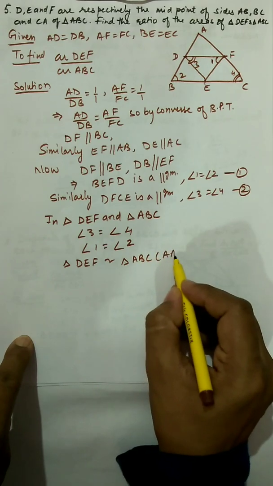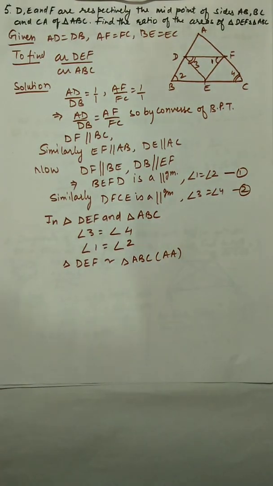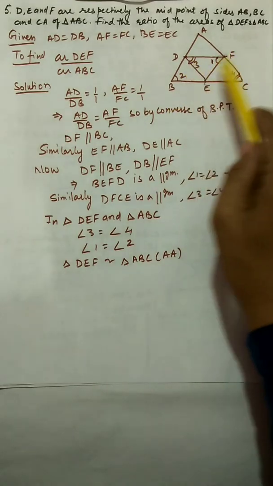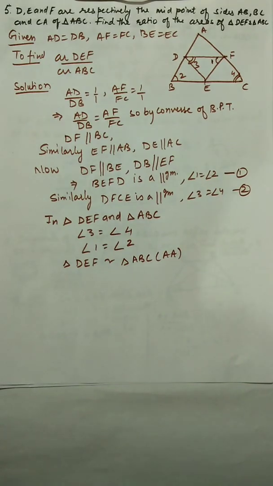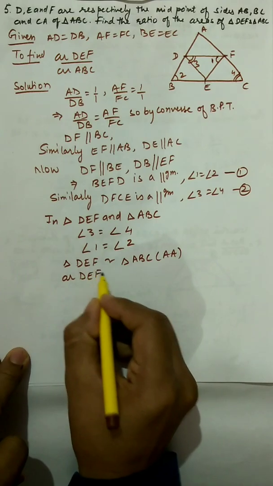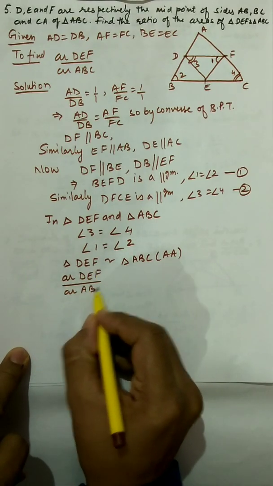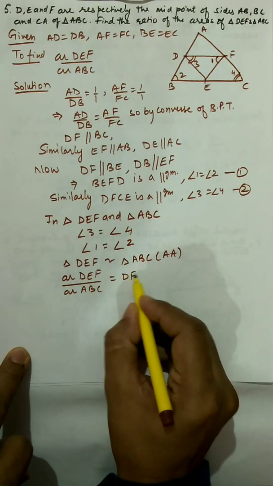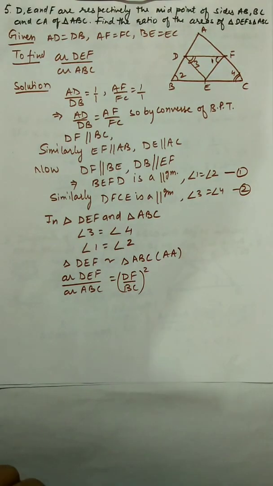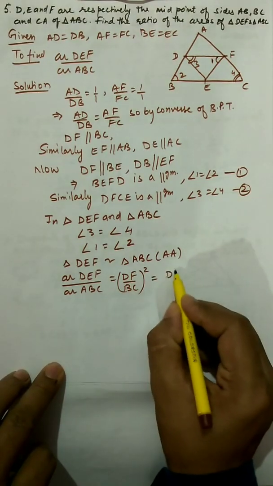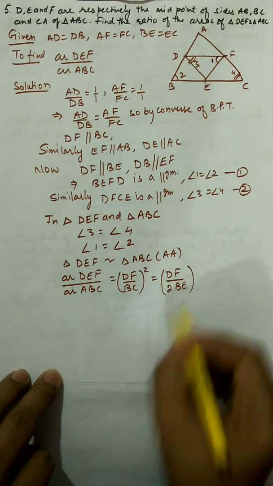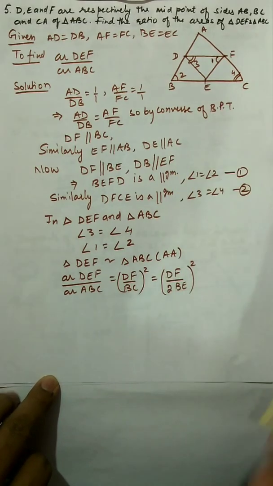ABC by this rule. And also we have done one result that DF is parallel to BE and opposite sides are also equal, so we can use that concept also. So we can write area DEF upon area ABC. We take one side of DF, and its corresponding side we take BC. So we can take this as the whole square. Now you can write this DF, and BC you can write as twice of BE. You can write this because E is the midpoint.